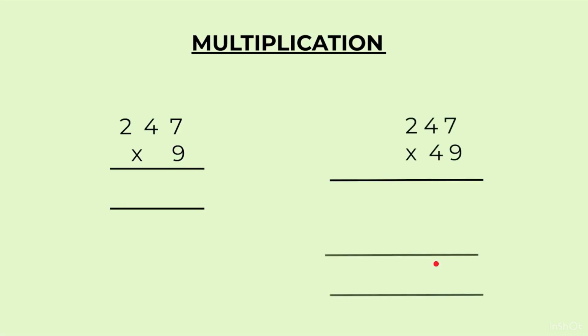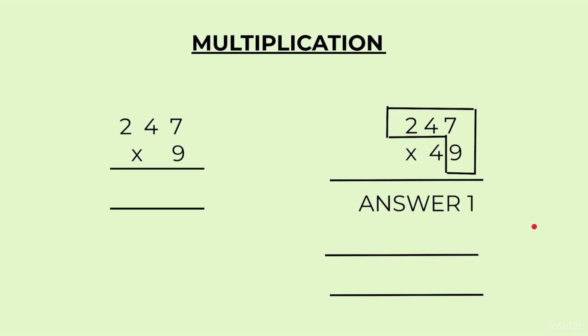When we had to multiply with a 2-digit number, we would first multiply 9 with 247 and get one answer. Then we will multiply 4 with 247. And it is not 4, this is actually 4 at tens place, which means 40 has to be multiplied with 247. So to cater to that 40, the 0 we will write here and then we will multiply 247 with 4 and write the second answer over here. Then we will add these two numbers and get the final answer.